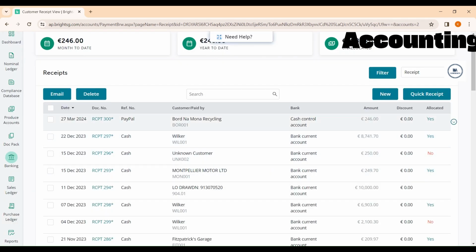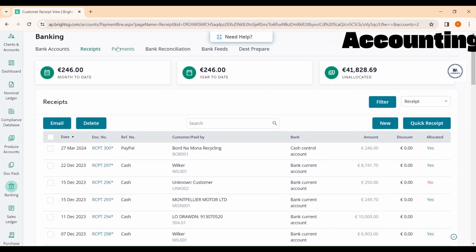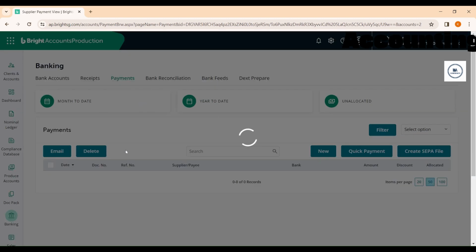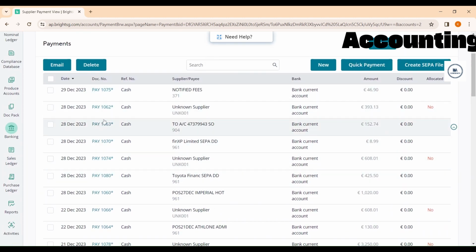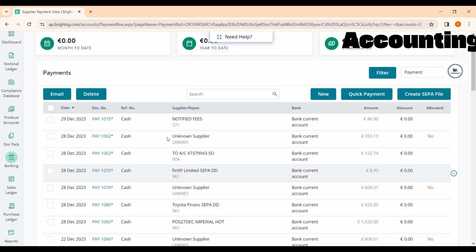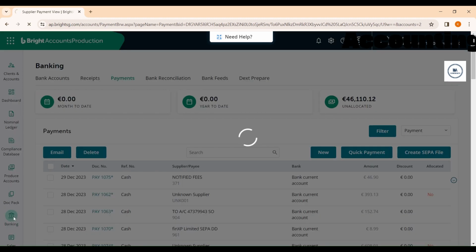I entered all the receipts for December 2023. And here you can see in the payment section that all the payments for December 2023 are already posted. If all the entries of your period are entered, then what you need to do is go to your banking section,